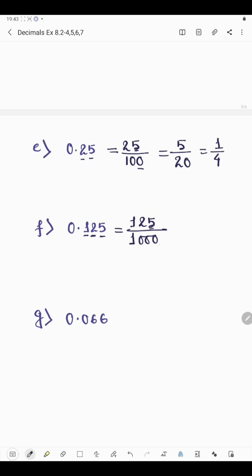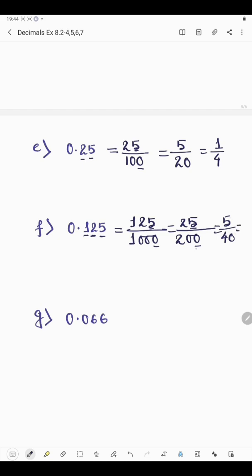Okay, now both 5 and 0 come in 5's table. So we will just divide the numerator and denominator to convert it into lowest form. So here 5 2s are 10, 5 5s are 25 and here 5 2s are 10 and 2 zeros. Okay, now again it will be divisible by 5 as 5 is there at the one's place here and here 0 is there. Both come in 5's table. So 5 1s are 5, 5 4s are 20 and 1 0.